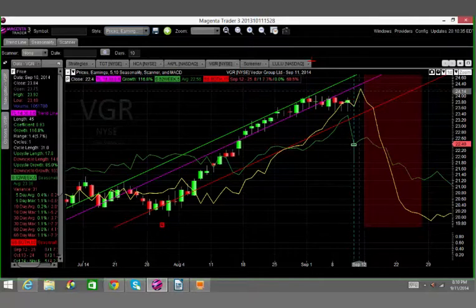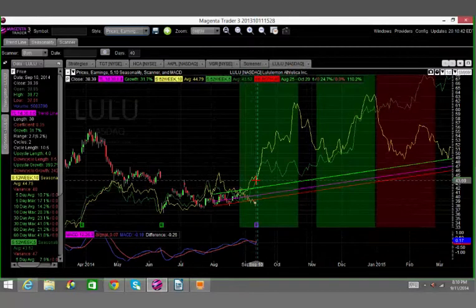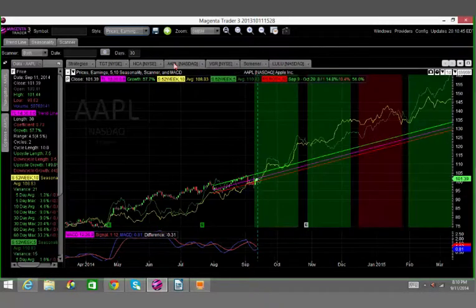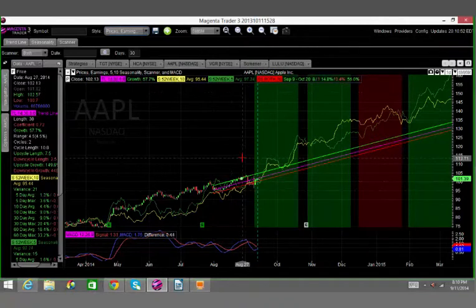Now, if everything gapped down, why did Lulu not gap down? Of course, that was an earnings play. Of course, Apple did not gap down because they've got fundamental news. And if you look at Apple,